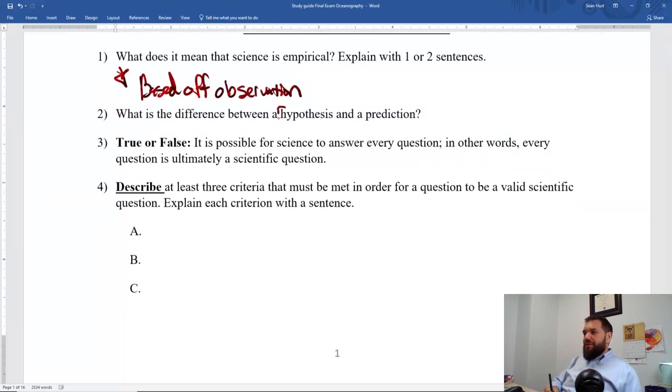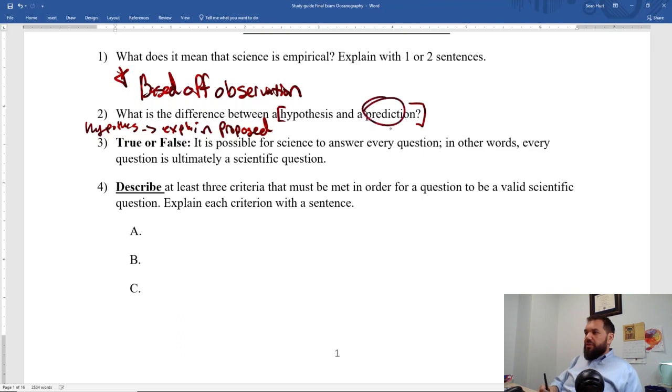Now, going to the scientific method, we talked a little bit about a hypothesis versus a prediction. A lot of times people get this confused. That's why I have a question here about it. So a hypothesis is an explanation. It's trying to explain how nature works, a proposed explanation of how nature works. A lot of times it's formulated in a causal way, like this happens because of X. For example, the trees lose their leaves in winter because it gets cold or because the daylight hours change or something like that.